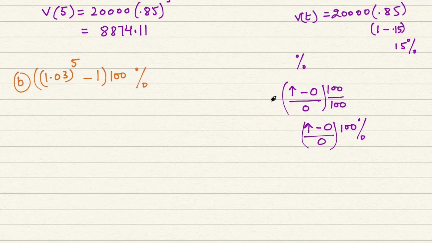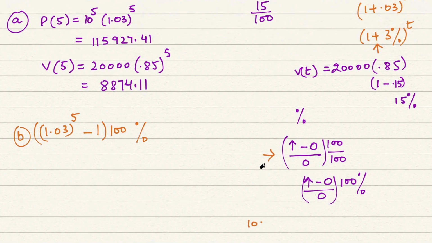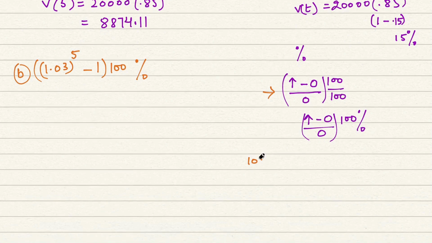But let me show you, I have used this formula itself. So what is the increase after 5 years? What is the initial amount? 10 to the power 5, right? 1 decimal 03 raised to power 5 minus, again, this is the original, over the original